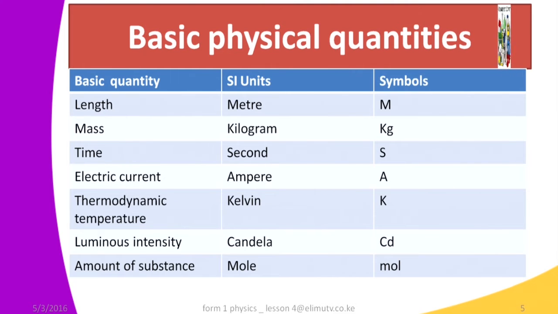We have thermodynamic temperature, which is measured in Kelvin, and the symbol is K. We have luminous intensity, and this one is measured in the units called candela. The symbol is C capital and then d small. Then we have amount of substance, which is measured in the SI units in mole, and then the symbol is mol. These 7 are the basic physical quantities that can be used to measure